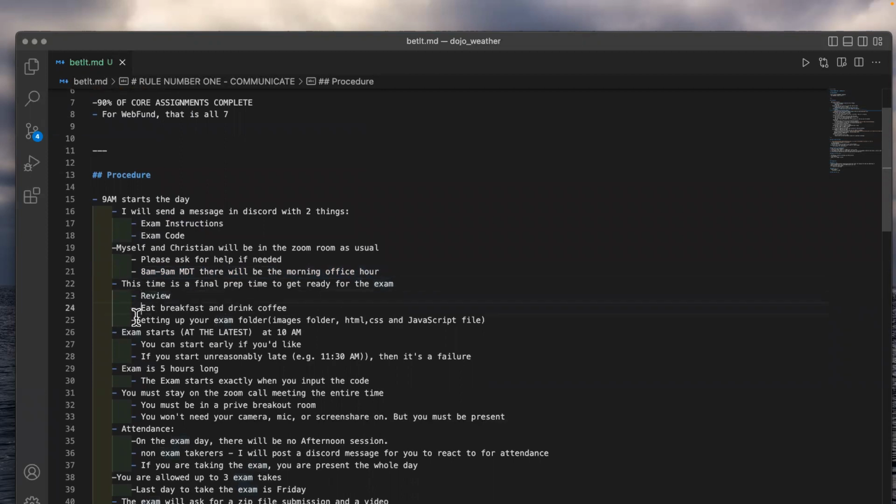Eat breakfast, drink coffee, go to the bathroom if you need to, get that all out of the way so that you're free of any hangups and can completely focus on the exam.